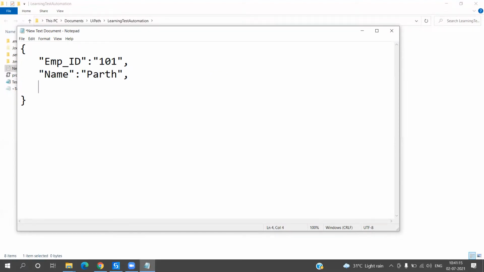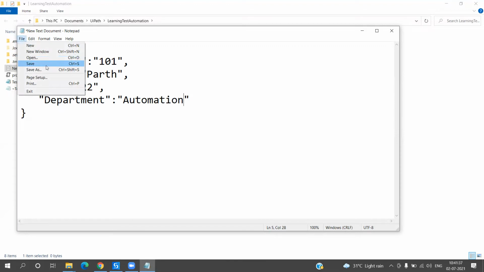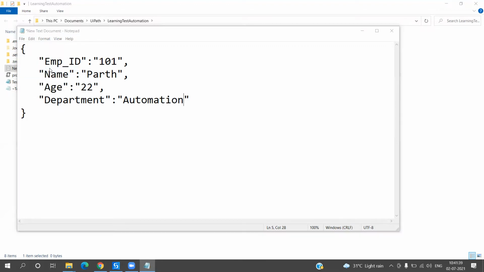Then let's put age, and it's going to be 22. And finally we are going to add department. It is going to be automation.